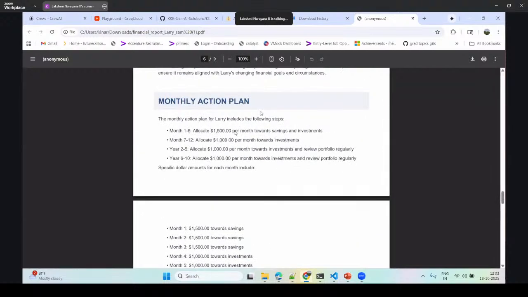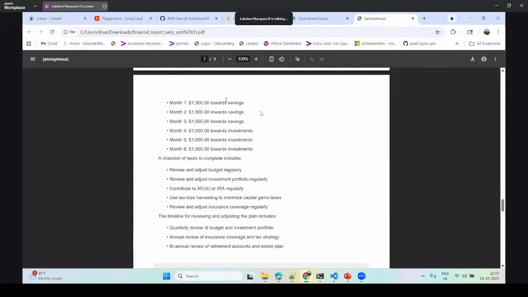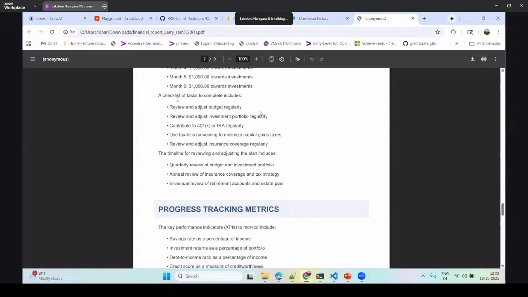Month 1 to 6, allocate 1500 per month toward the savings and investments, how much they should invest and how much they should save and everything. It is giving a month by month plan, a checklist for tasks to be completed, review and adjust the budget regularly, review and adjust the investment portfolio regularly, contribute to 401k or IRA regularly, use tax loss harvesting to minimize capital gain